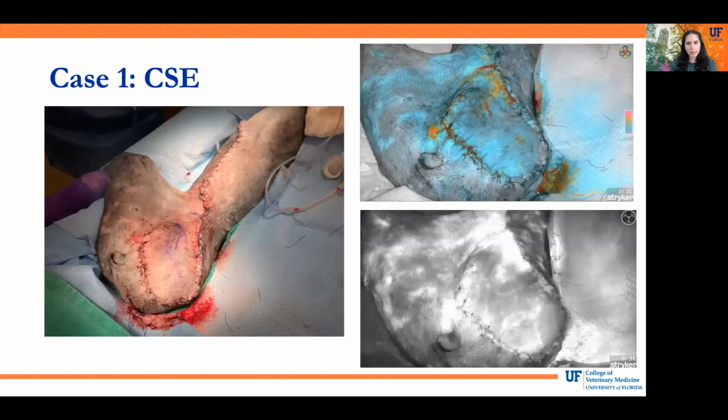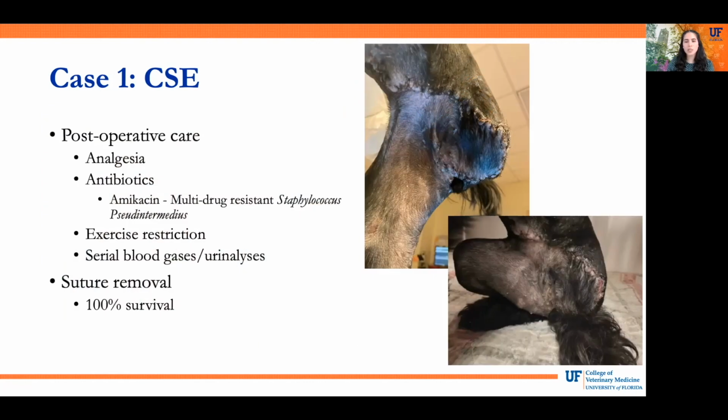The flap was elevated, transposed, and sutured routinely to the wound bed. And then a Jackson-Pratt drain was also placed and the wound was reimaged after an additional dose of ICG was given. And that's shown in the top right and bottom right images there. Postoperatively, the patient was maintained on methadone as needed, gabapentin, and meloxicam for pain control. Wound culture revealed a multi-drug resistant Staphylococcus pseudointermedius, and the patient's antibiotics were changed to amikacin. Renal values were monitored with serial blood gases and urinalyses, and 3 days postoperatively, the drain was removed and the